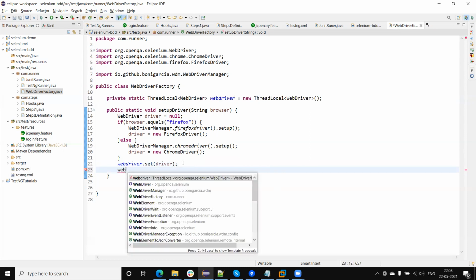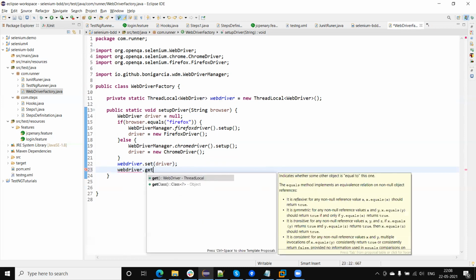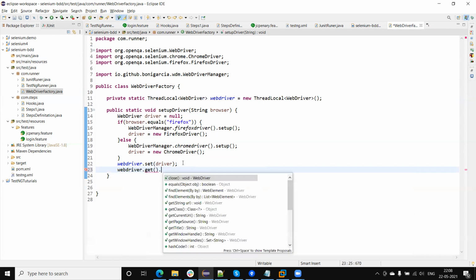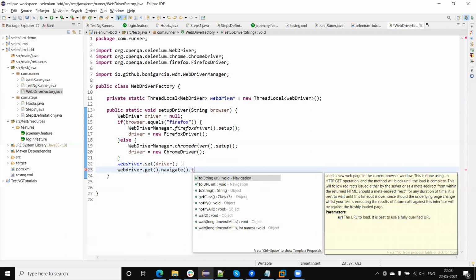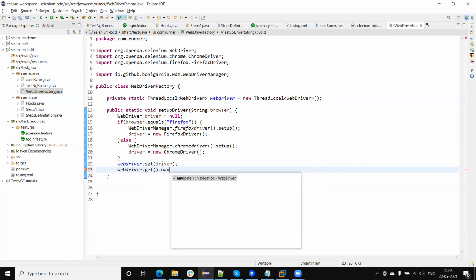Now I can use here WebDriver dot get, dot navigate, and let me add here the timeout.